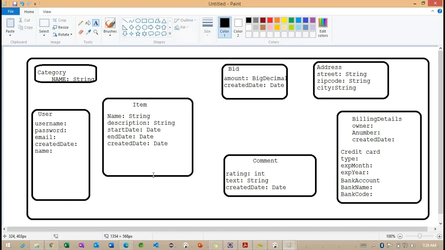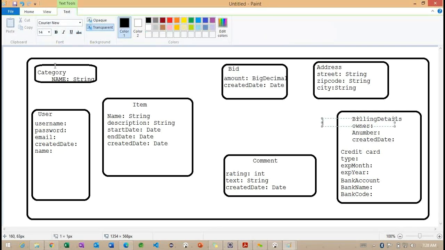So these are the model classes here. Using these many model classes, we are going to work with this simple application. Right, now as we discussed, first what we are going to do, we'll try to check with the user information. So user and category, this item related information we are going to go. Later, the remaining classes we are going to discuss.